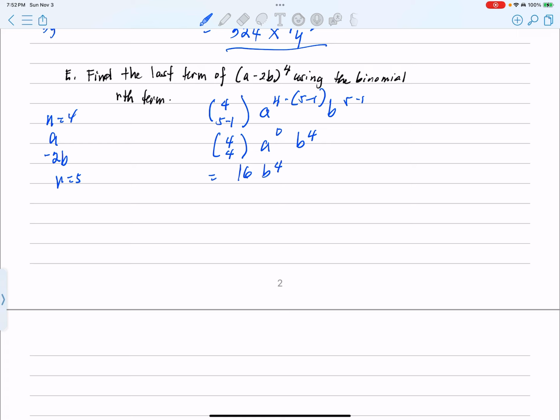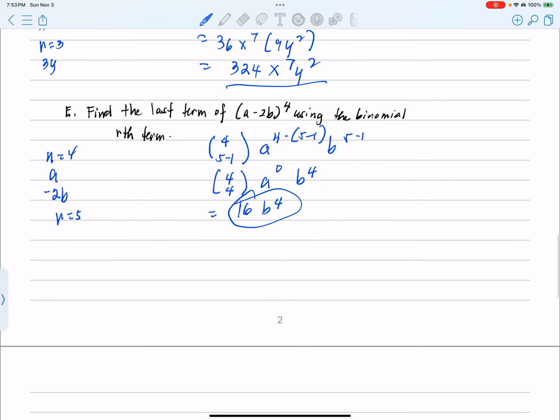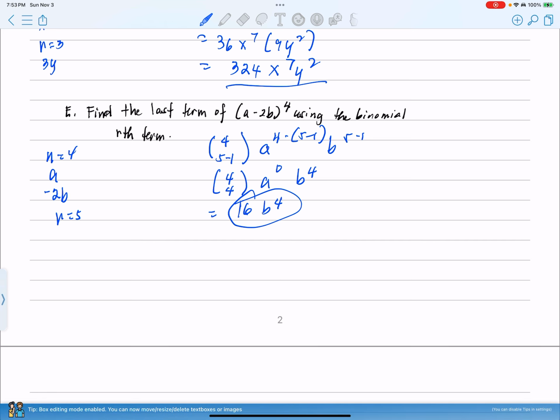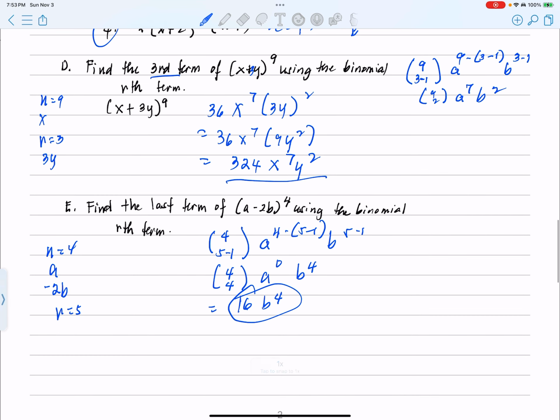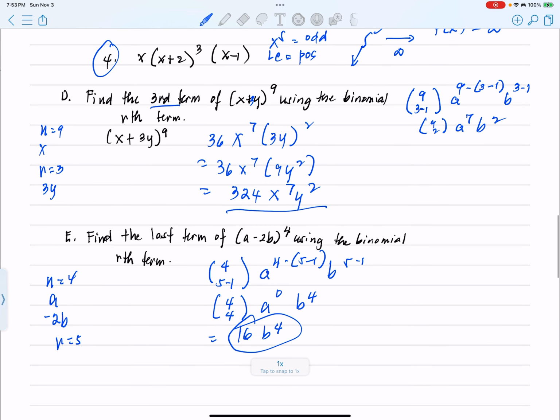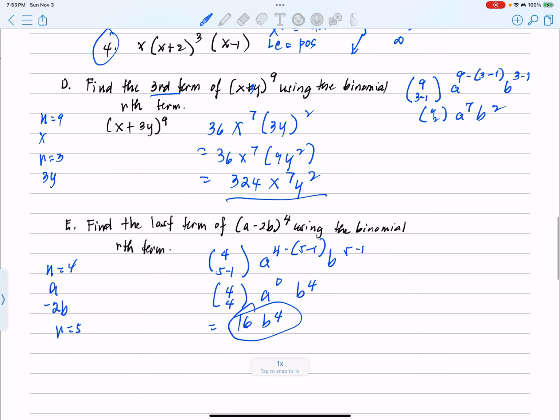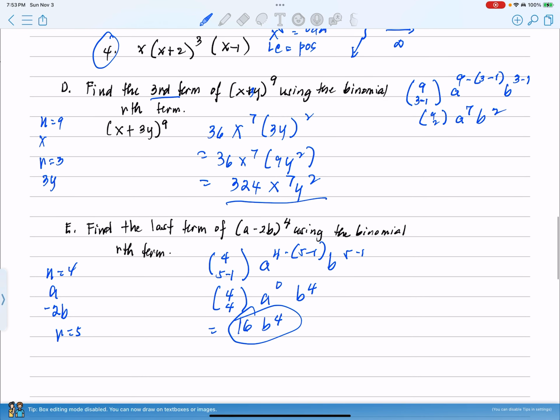This is your last term. So if you're going to do the expanded form by doing a minus 2b 4 times, you can do that. So these are some of the problems, and we have the solutions for the binomial theorem and